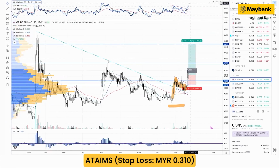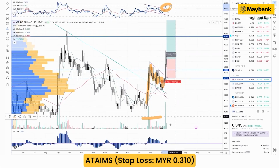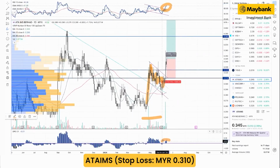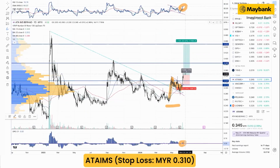And if you look at the reading on the RSI, it pretty much tells you that the momentum is actually getting far stronger than before. A new high structure on RSI suggests momentum remains elevated. Trading volume is also improving. The D trend has entered positive territory. So we're expecting the uptrend to continue with the next resistance target